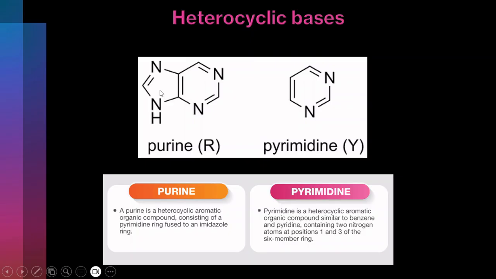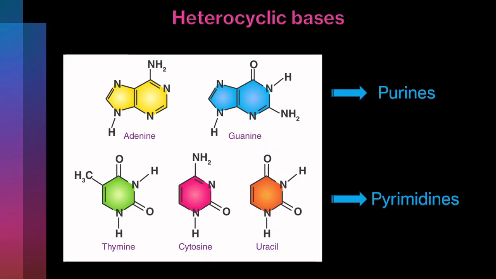You have studied heterocyclic compounds. So this is a pyrimidine ring and that is fused to an imidazole ring. So study the structure of both pyrimidine and purine. Now this is the base of the nitrogenous bases. Coming to the original nitrogenous bases,